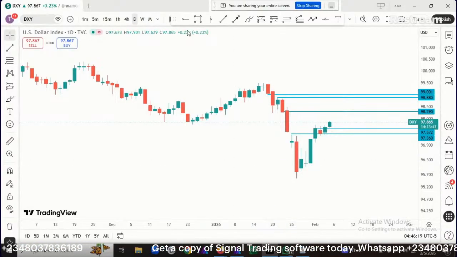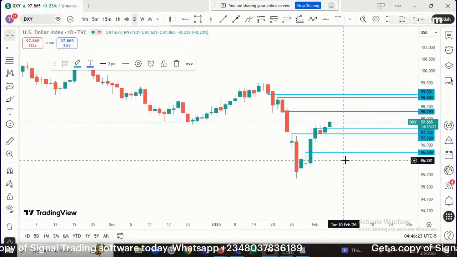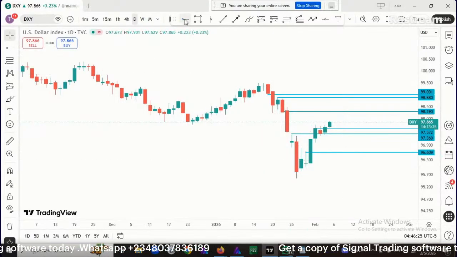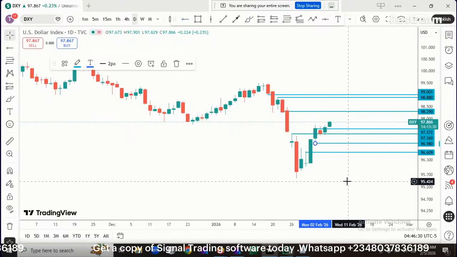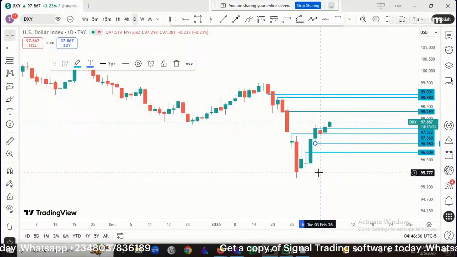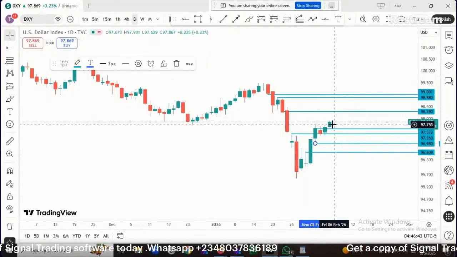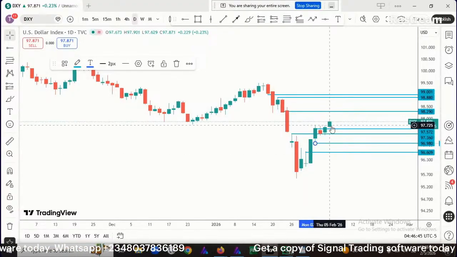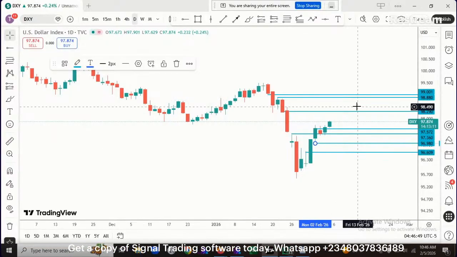Because if you look at the chart, we still have this buy side imbalance, sell side inefficiency. Okay, this is just a fair value gap. A fair value gap can also be referred to as buy side imbalance, sell side inefficiency. So we still have this fair value gap that has not been filled, so it's also possible for dollar to come and fill this gap. So it's either dollar goes this way or it comes back to fill this fair value gap before it continues